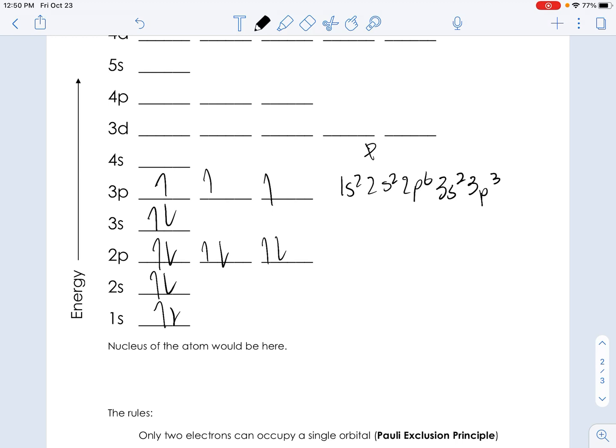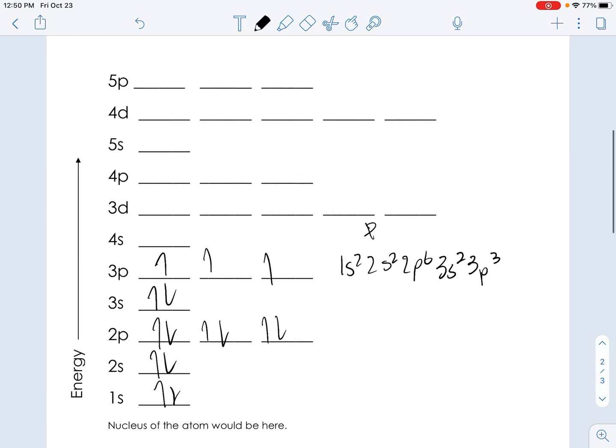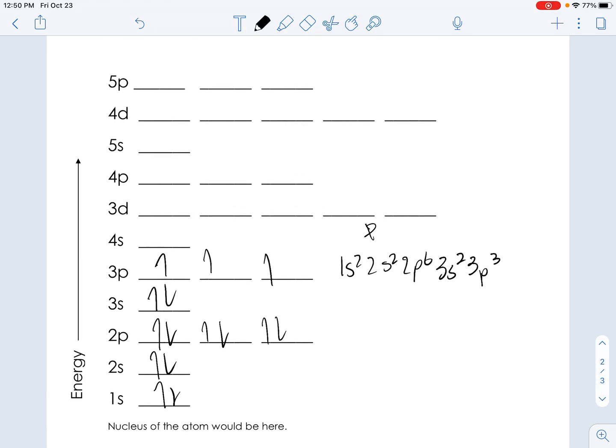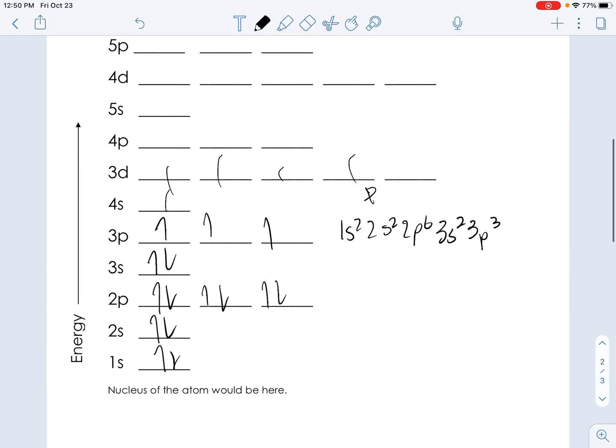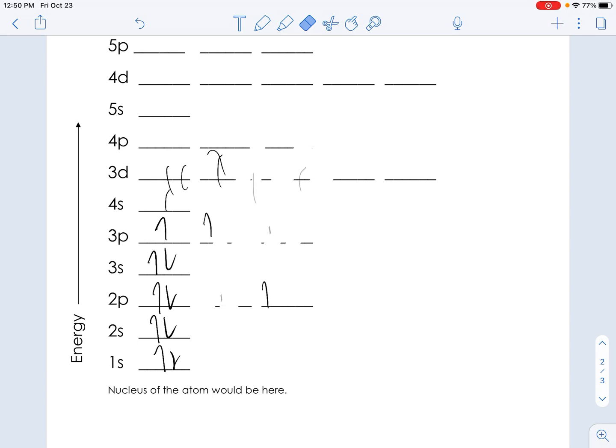Now, when you add more and more electrons, obviously this gets to be a longer and longer process as you're adding lines. It's a lot of lines if you're going all the way up, and it just takes a lot of time. There's a shortcut to make your life a little bit easier. You don't have to use it, so I'll preface it by saying if you like adding all the lines and you want to count up that way, you can always do that, and you can always get it right if you do it that way. But I want to show you a shortcut that might make your life a little bit easier, and I'm just going to erase what I have written here